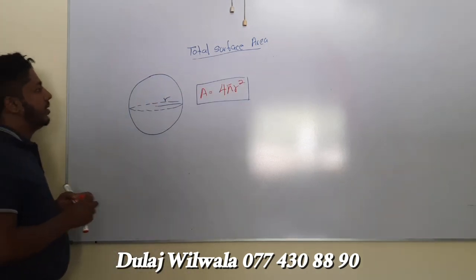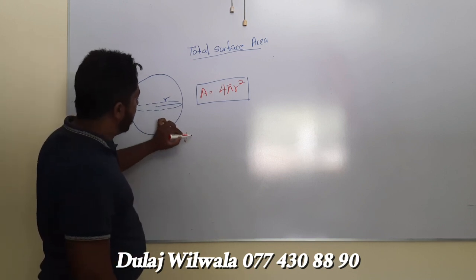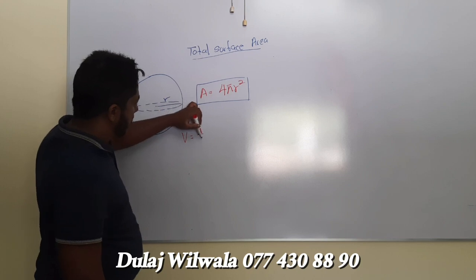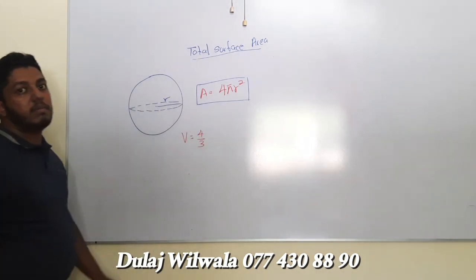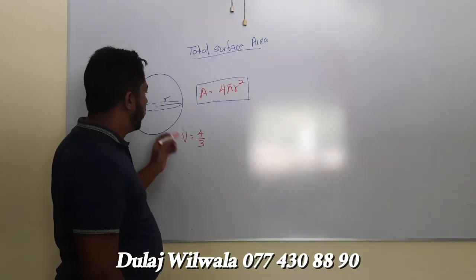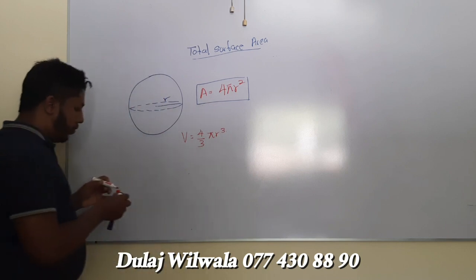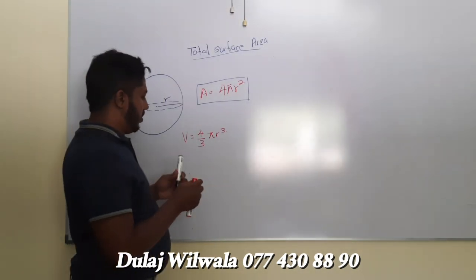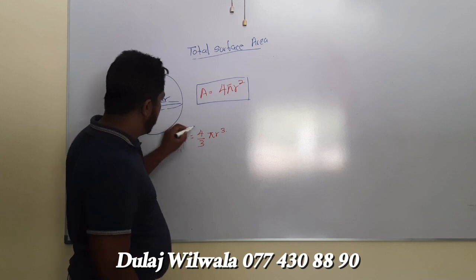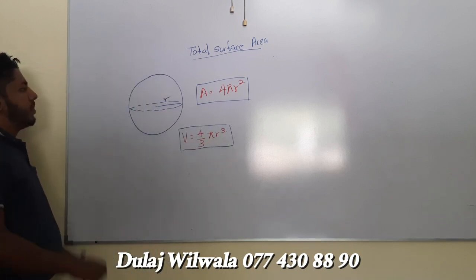And the volume of the sphere. Now here in this case, there's no way that we can derive this equation. Derivation comes under A levels. But anyway, the volume will be 4/3 pi r cube. Volume of a sphere. Then